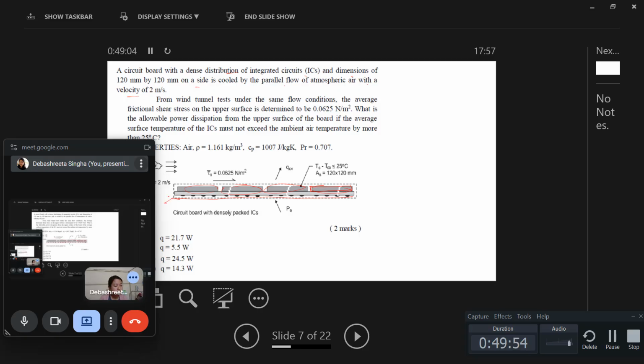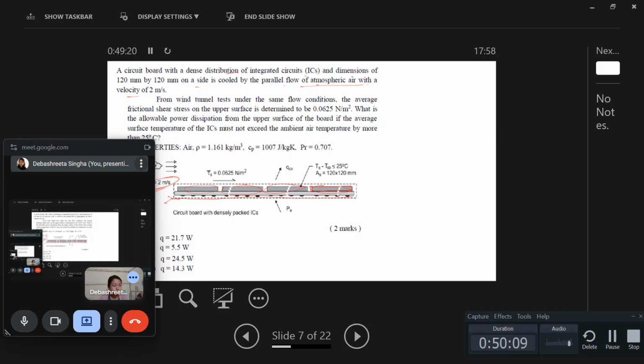Since these are circuits, they will get heated up, and they are cooled by this parallel flow of atmospheric air, so the surrounding air has a velocity of